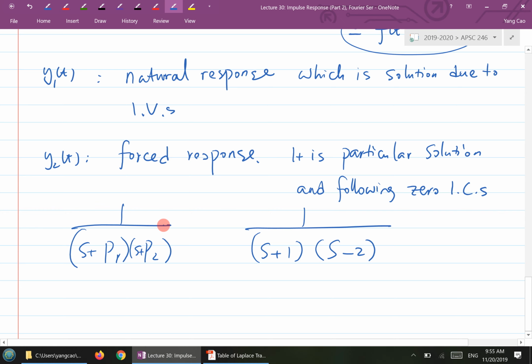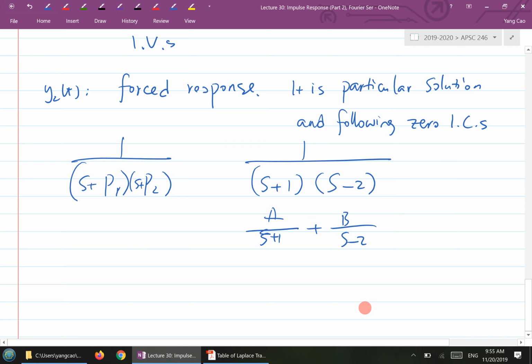So if I have these two poles and I take the partial fraction expansion, you get A and B, and then you take the inverse Laplace. For the first one, you get e to the power negative t. For the second one, you get e to the power of what? 2t, right? Okay. If you look at the first one, as t goes to infinity, this one goes to